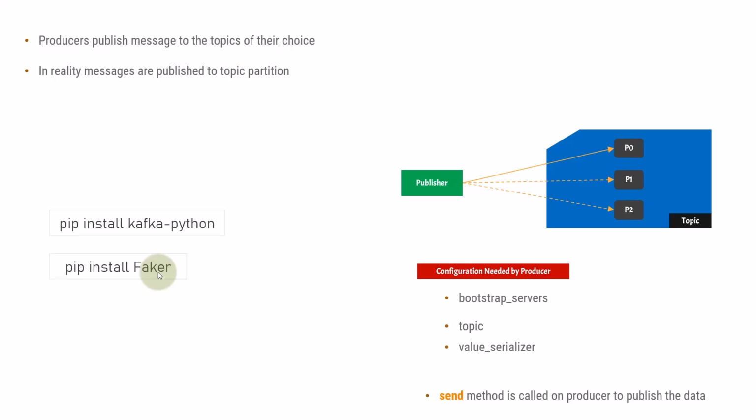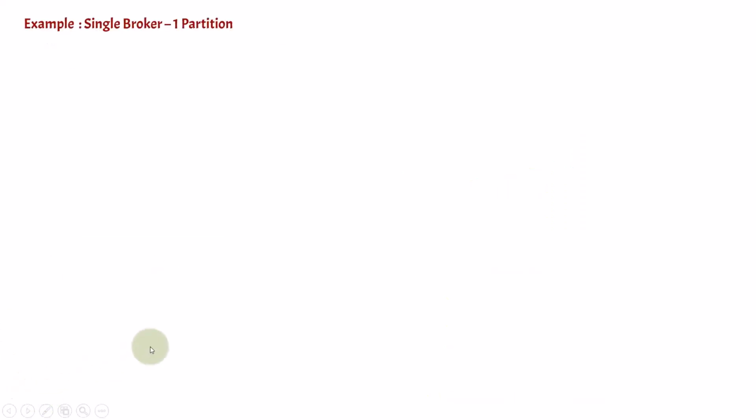What we will be doing is trying to create a scenario where users are getting registered and the registration data is present, like name, age, and address. These things can be present there. Now, the first case we will be taking as an example is a single broker and one partition. So we will be taking a Kafka cluster where only one broker is present, and inside the topic there is only one partition. So in this scenario, what will happen? All the messages will be published to a single partition.